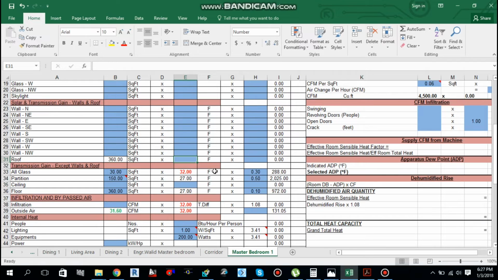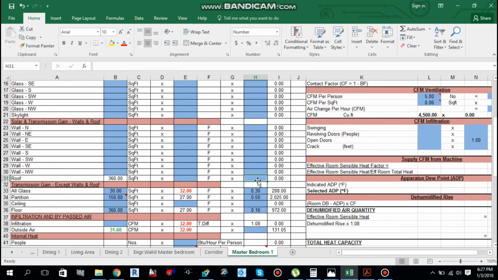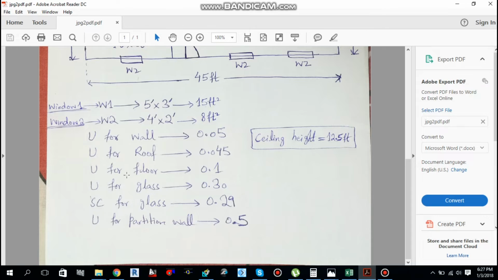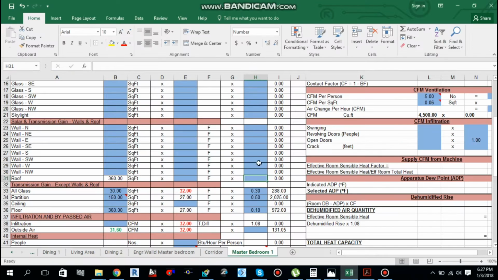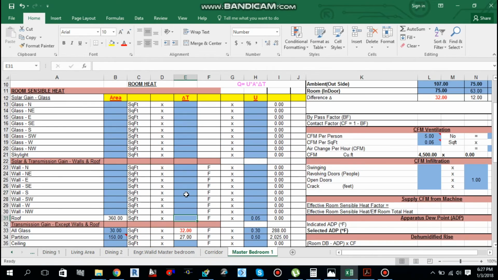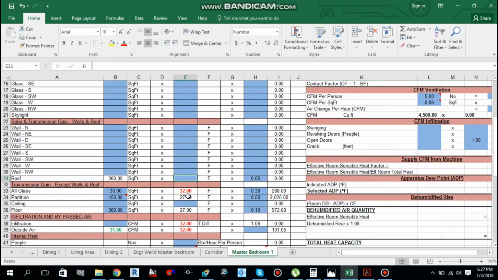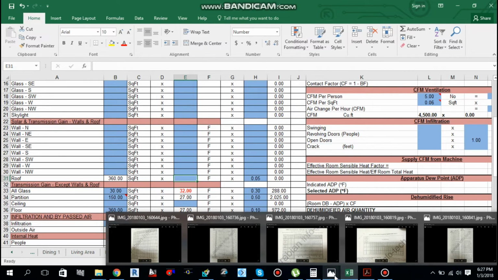And delta T, I will tell you. First we will add the U value for the roof from here. What is the U value for the roof? 0.045, so we can use this U value for the roof, 0.045, directly. Okay, now this is a transmission load through walls and the roof. So now we have to write delta T for the roof. In order to write delta T for the roof, we have to add some correction factor in this one. So I will tell you how you can get that delta T by using a different chart. So let me open this first for you.